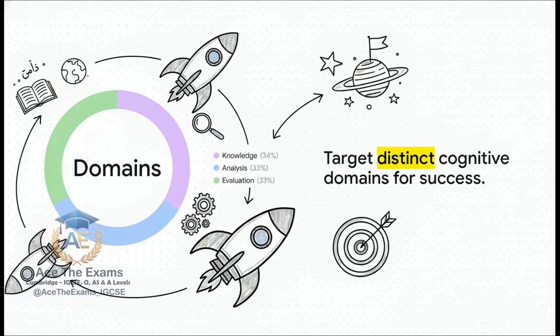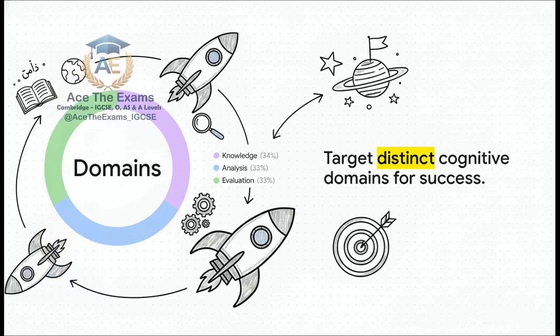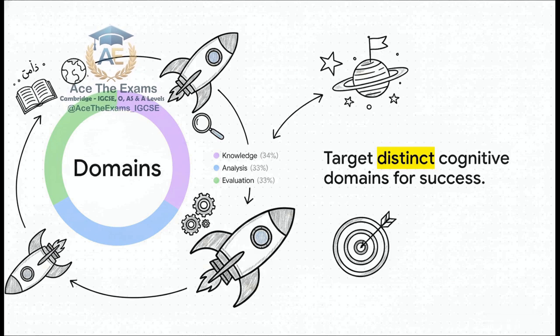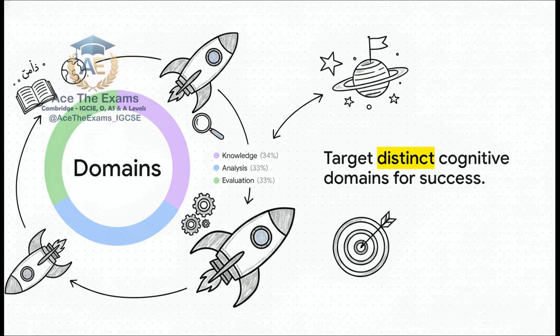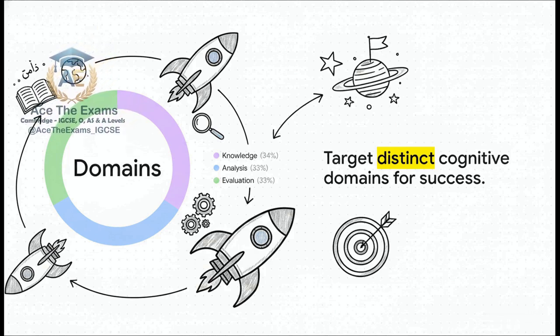Analysis is deconstructing how the writer uses language, structure, and tone. And here we get our second archetype, Pilot Sam. Sam is a navigation specialist who steers the flight layout incredibly fast into analysis, but ignores the structural boundary coordinates entirely. He completely misses the command word constraints. To avoid being an Alex or a Sam, you need the third domain, evaluation. Top-performing candidates exhibit a connected understanding that synthesizes both passages to form an evidence-based argument. That is how you reach orbit.